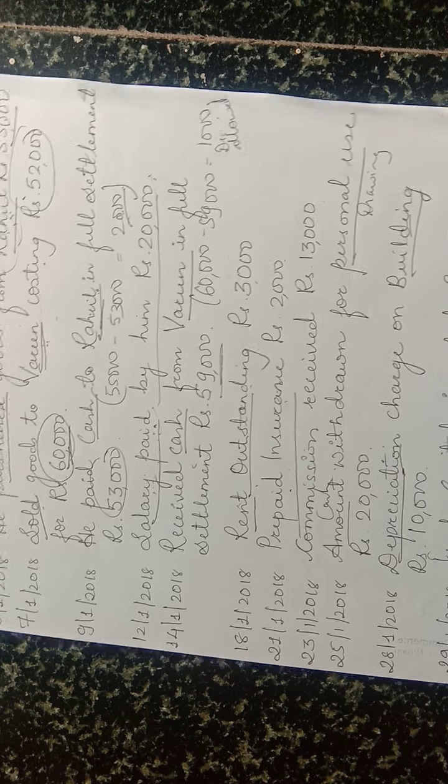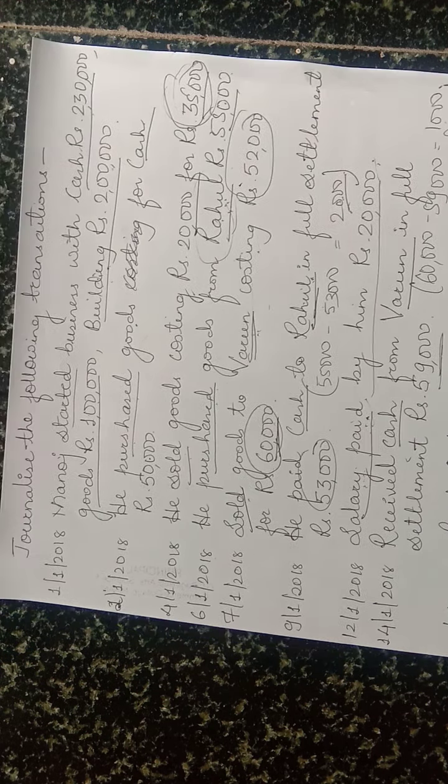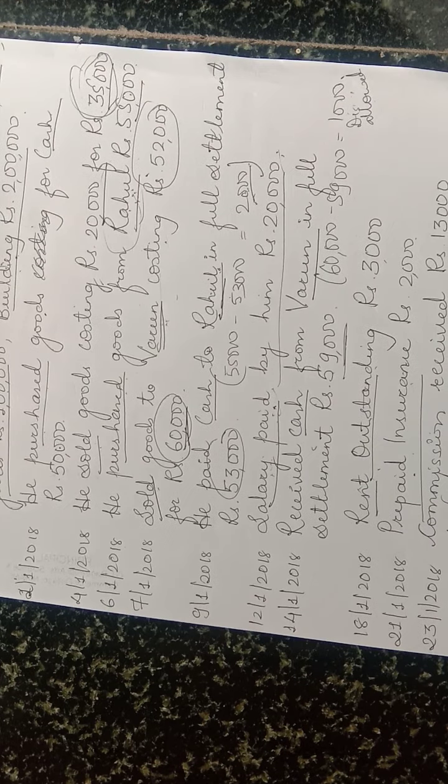So this is the problem we solved in today's class. Practice it. If you have any doubts you can ask me. Remember, this is a practice problem. These many transactions will not come. Simple and one or two compound journal entries will be there in the question paper. Hope you are understanding the journal entries. Still a few more problems from the question paper I'll take, and then I'll move to the next chapter. One or two problems still I'll take. If you have any doubts, you have to clarify now itself.